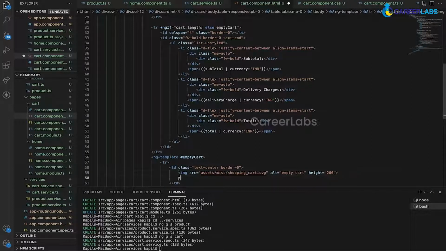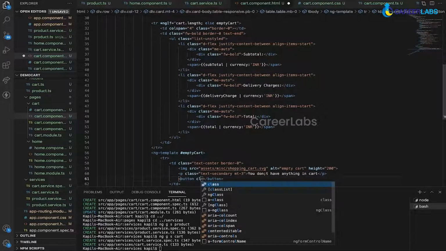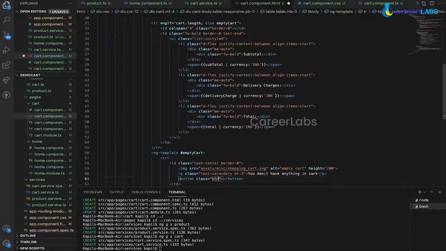In addition to this, we can also give a message here that you don't have anything in cart. And we can give a button also for a good user experience so that they can immediately start shopping. So btn btn-sm